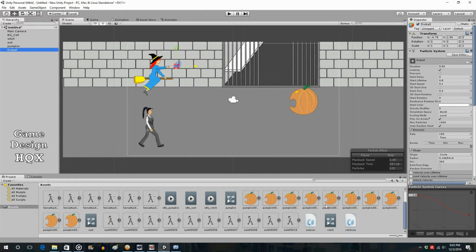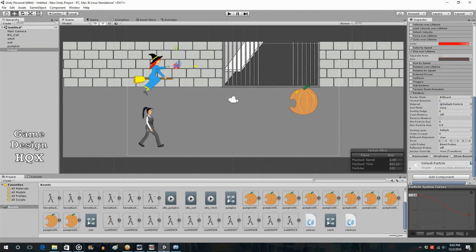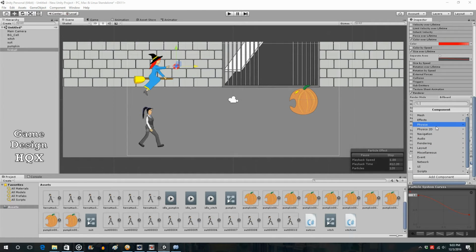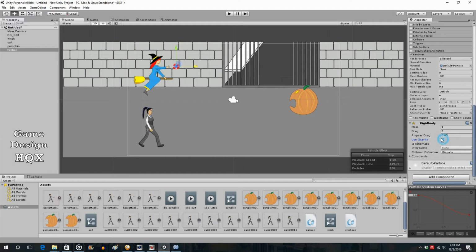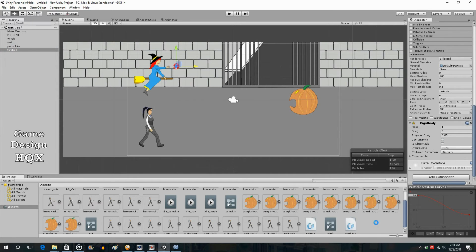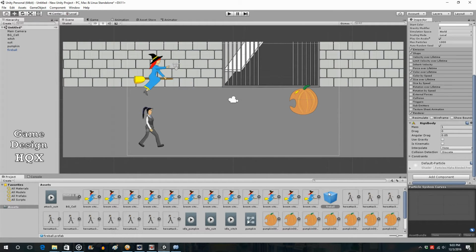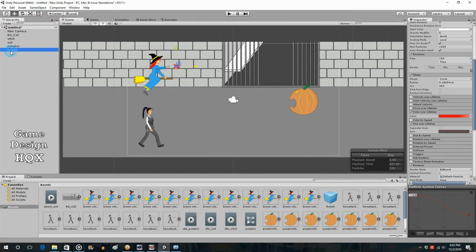So let's now take that fireball. We're going to do one more thing. We're going to add a rigid body. The reason for that is it needs a rigid body to have momentum, to make it have velocity. So add component, physics, rigid body. We're going to get rid of gravity because we just want it to travel horizontally. And now we're going to take the fireball, drag and drop it here into the asset area, and we now have created a prefab. Delete the original,